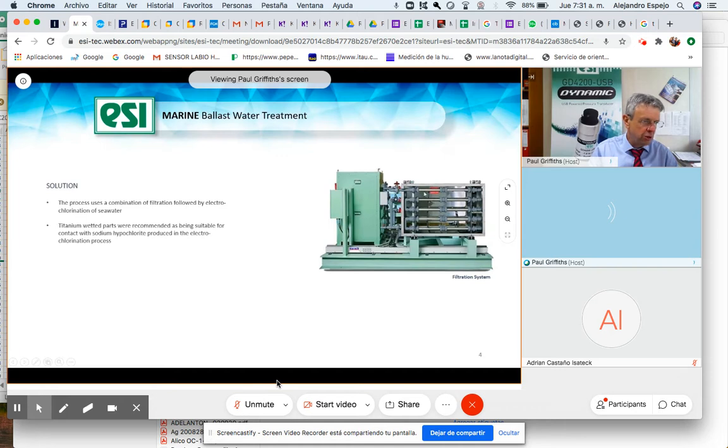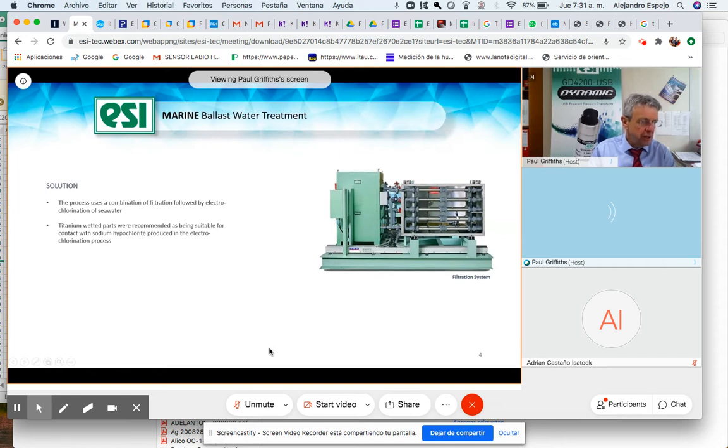So the water passes through these pipes, and there are tubes within the tube, and eventually the water is cleaned. This water is charged to kill the marine life or microbes inside, and the byproduct is sodium hypochlorite, and it's